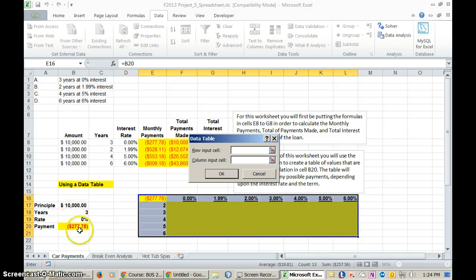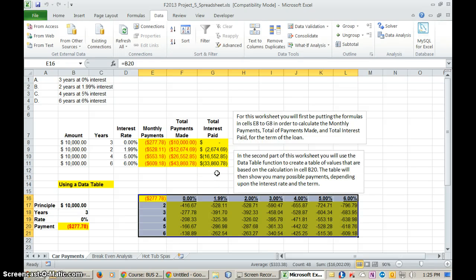But where is it over here in the model formula? Well, it's actually right here in B19. So what it's going to do is substitute these rates into the model that we have over here, and it's going to calculate based on these rates, not the 0% that's already there. Then the next thing it's looking for is our column. Our columns are the periods, and that shows up here in years in our model formula. So B19 is our row, B18 is our column, and we just say OK,